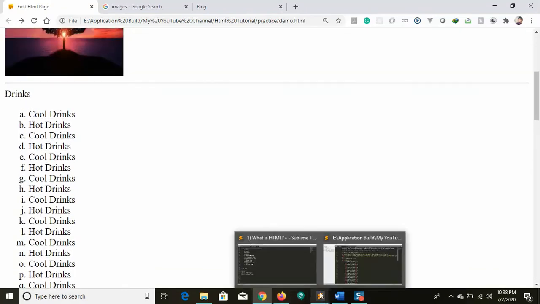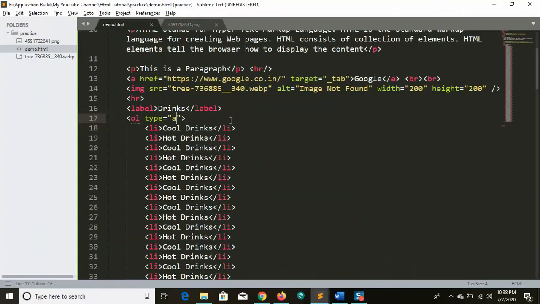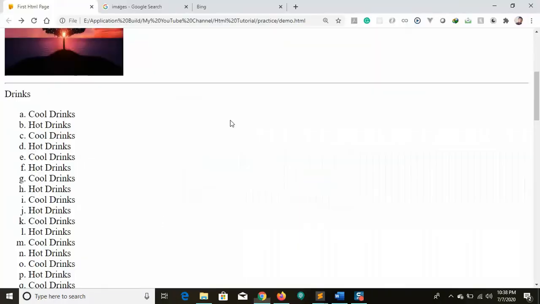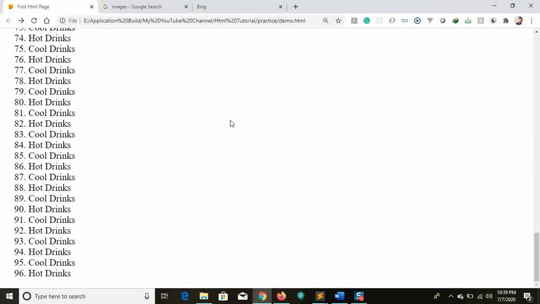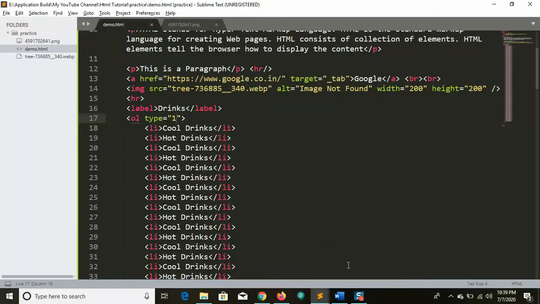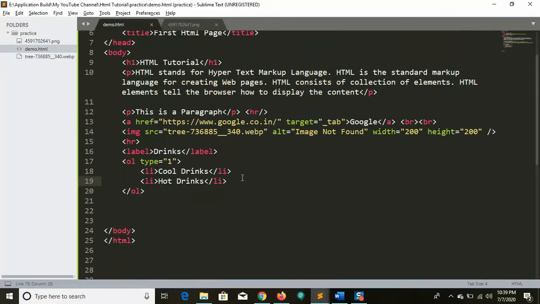For example, if you need numbers, we can simply remove the type, or you can say type one, save and run. So 1, 2, 3, 4, 5, 6, 7, 8, 9, and so on. So we have done with the ordered list, right?